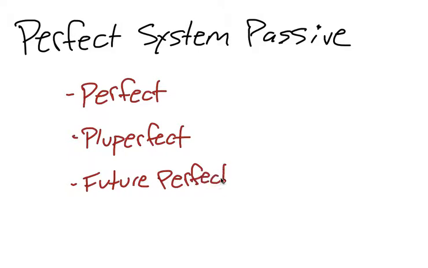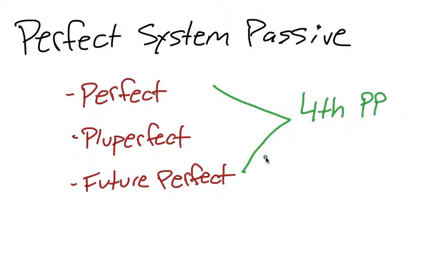Okay, so all three of these tenses in the passive are formed by using the fourth principal part. Okay, so you have to use the fourth principal part of the verb, and for perfect,